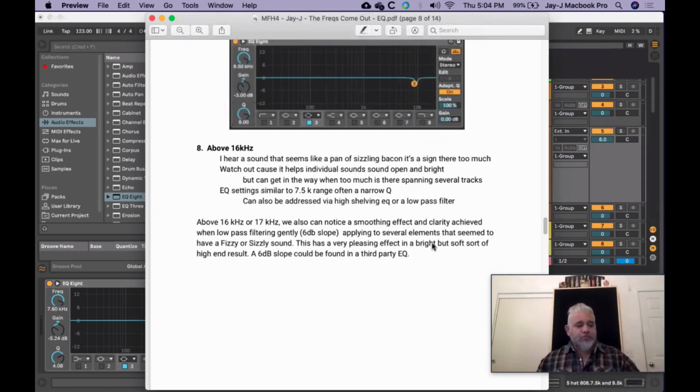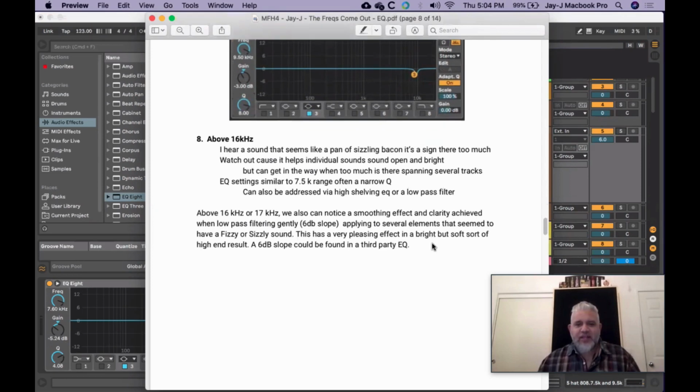From there, I think about the upper frequency range, this sort of above 16K range, the really high end. The area that people talk about as being the air, like people throw that around. There's even the Air EQ plug-in by Mag with an Air band, which focuses on the really high end. And anyway, I digress. But this really high frequency area, in the last few years, I think